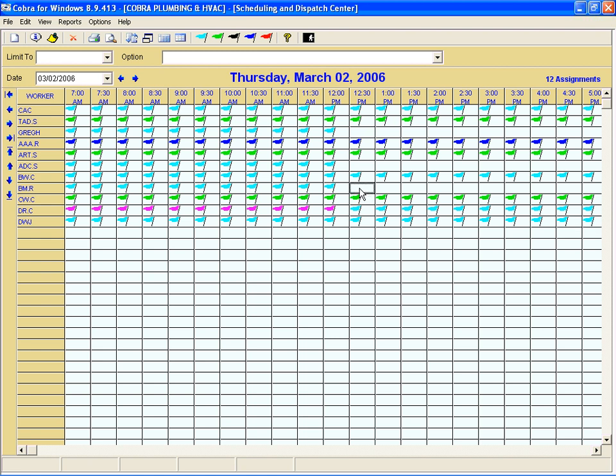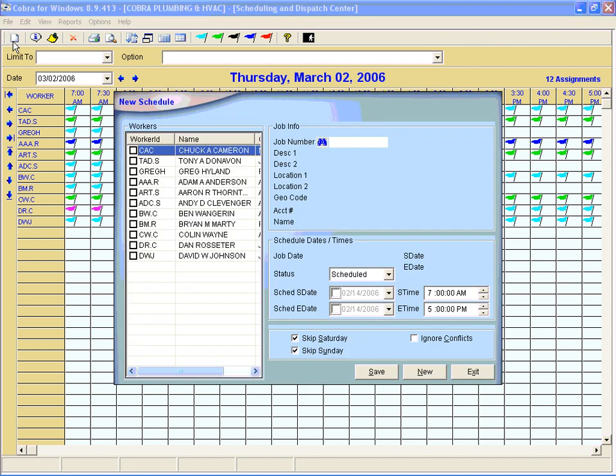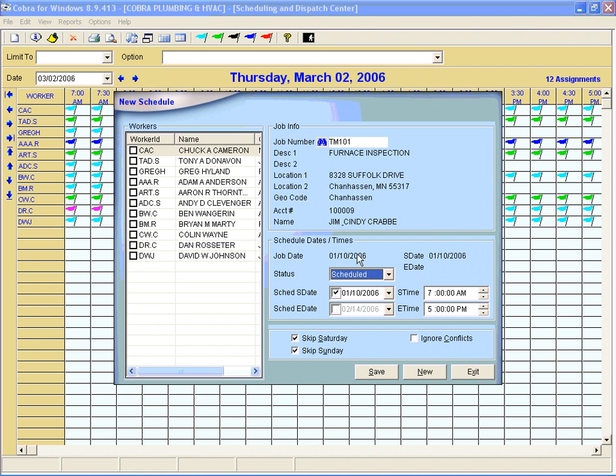Now when I highlight that cell by clicking on it, I want to click the New button on the toolbar, and then I can enter a job number, enter the schedule information, but I can also select as many workers as I want to this job for the date range selected. So if I want to go out in the future a little bit,